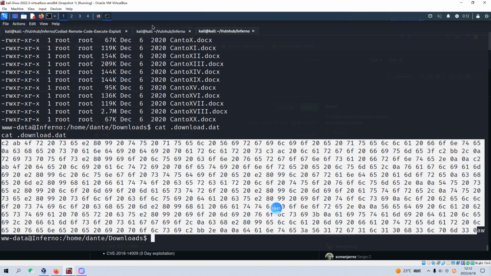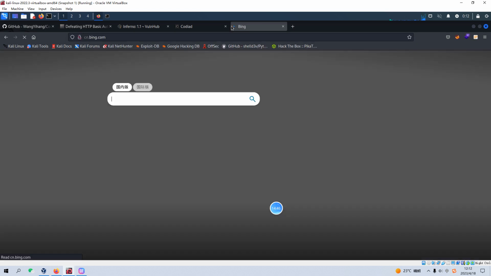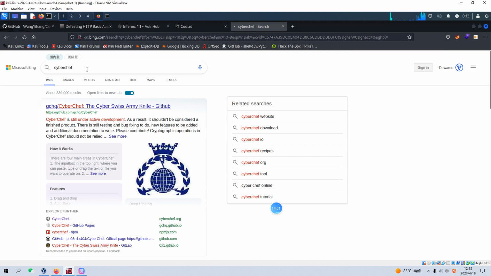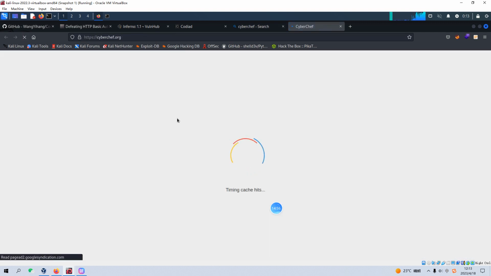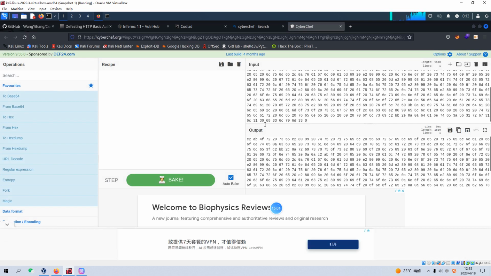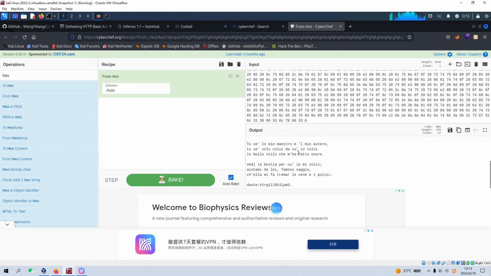We can copy, and we can open up the CyberChef website, because I didn't remember the URL of this website. I always use a search engine, and we can search the operation or algorithm as from hexadecimal. As you can see, we have already decoded the message,